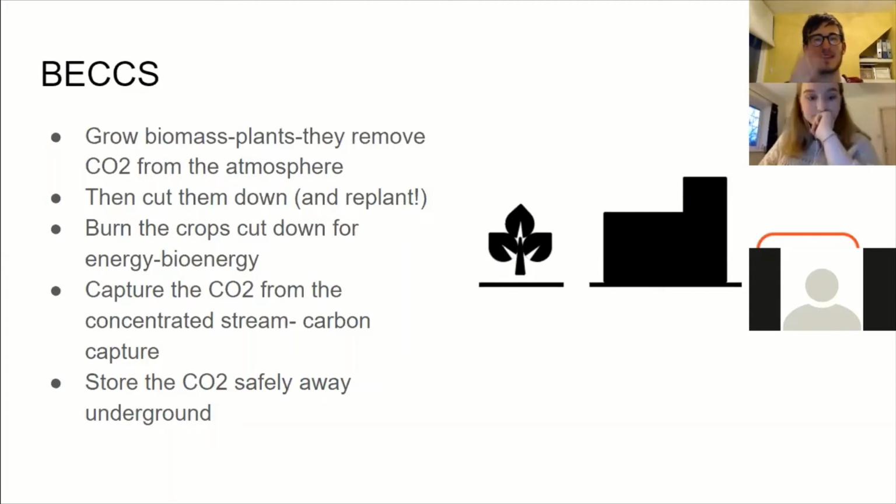So actually, the air that you've burnt them from is going to have loads of CO2 in it compared to the normal atmosphere. So it's a lot easier to remove a lot of CO2 from that. And that's the carbon capture part of it. And we've got the technology to do this already. And then we can store the CO2 safely underground, as the bit in brackets on the model shows. And that's the storage part. So that is the way it's bioenergy, carbon capture, storage.